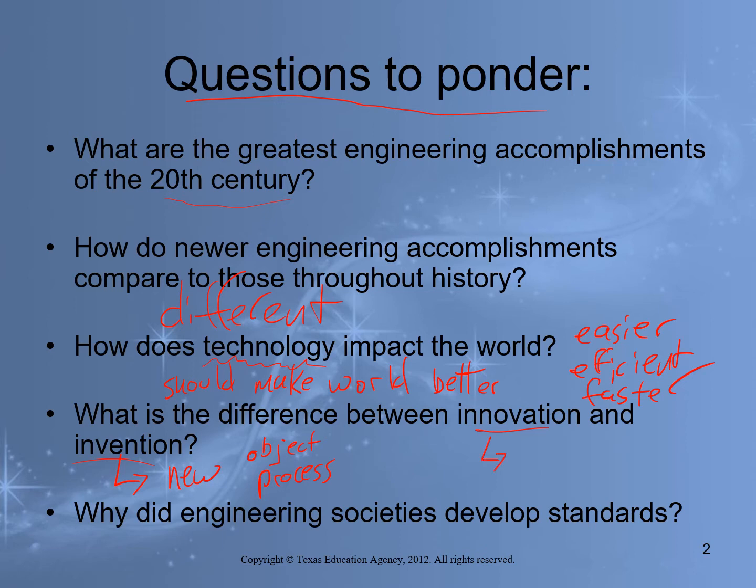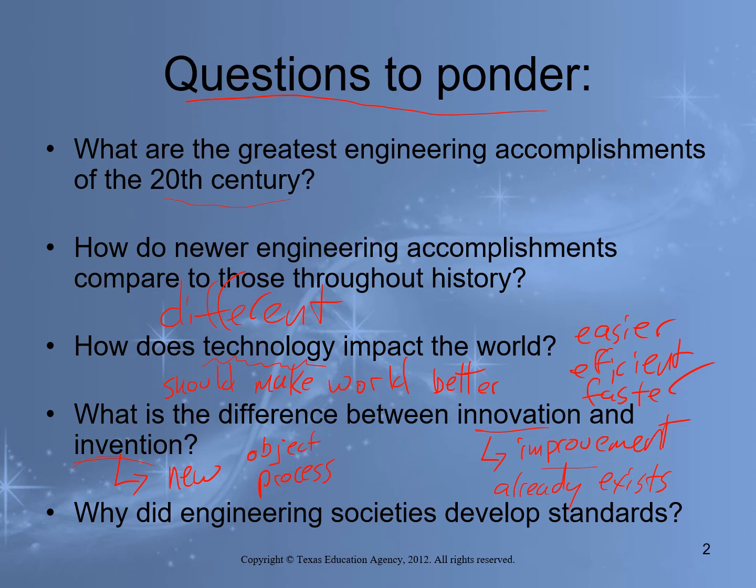Whereas an innovation is an improvement. Now there is some overlap here, some gray area. An improvement is taking something that already exists and making it better. So let's say that you have homework assignments every day, but then Mr. Keeney comes up with a way where you can turn them in online. Crazy, huh? That could be an innovation. It's not invention because that already existed, but I'm applying it to something new and better.